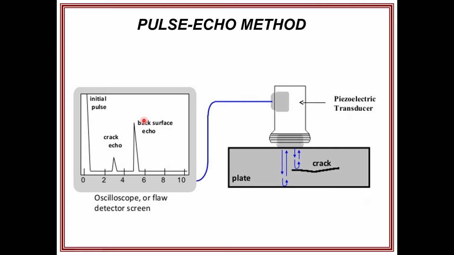The reflected sound waves. The reflection of sound waves from any surface is said to be the echoes. So by studying these echoes from the crack area and plane area, we can read these echoes and we can identify the crack portion by calculating the time and distance.